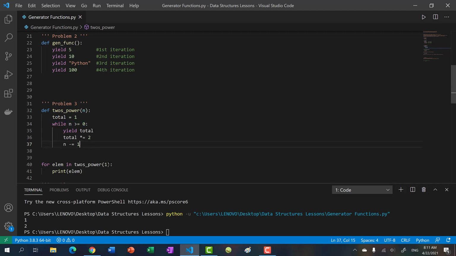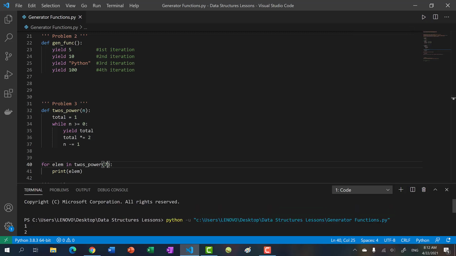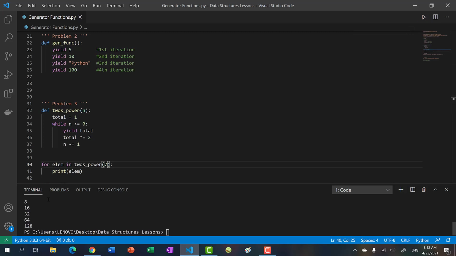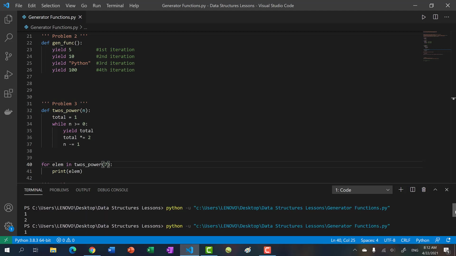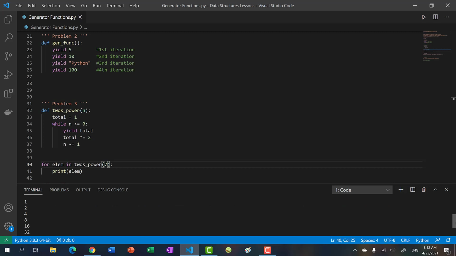Okay, so if I make this 7, we should get up to 128, right? So 1 to 4, you gotta scroll very carefully. 1 to 4, 8, 16, 32, 64, and 128. Okay, so that's how you would use a generator function to create some type of sequence or just to iterate